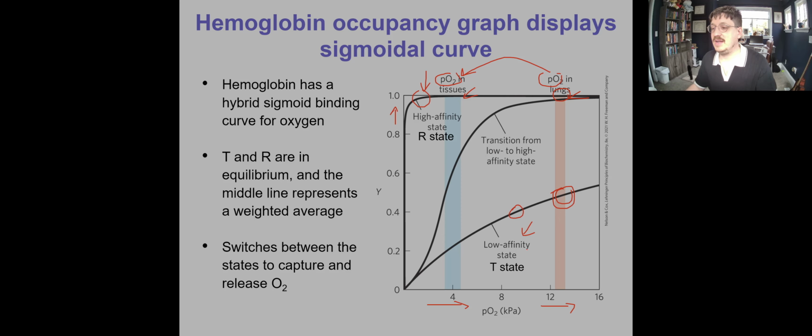And in the R state, fantastic, you can get 100% full, but it's not letting go of any of that oxygen. Or in the T state, where it only gets half full in the lungs, so that's not great, it's only getting half full, but at least it delivers some oxygen. But if we look at the difference between here and here,